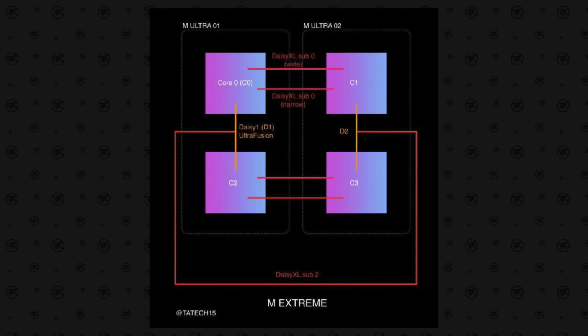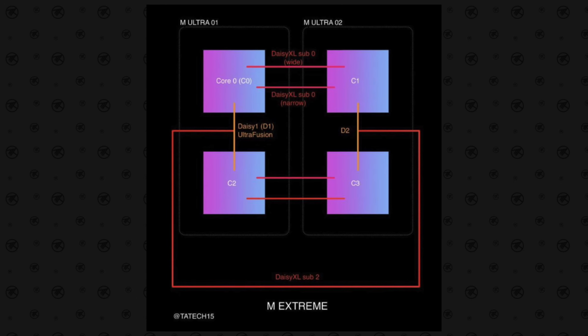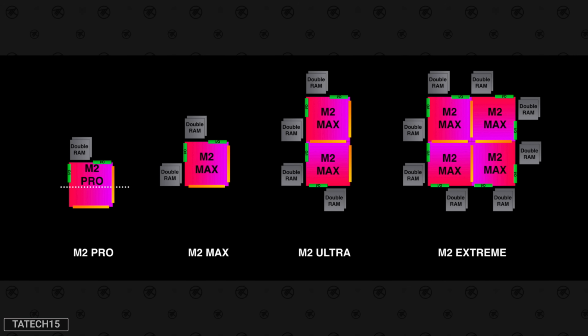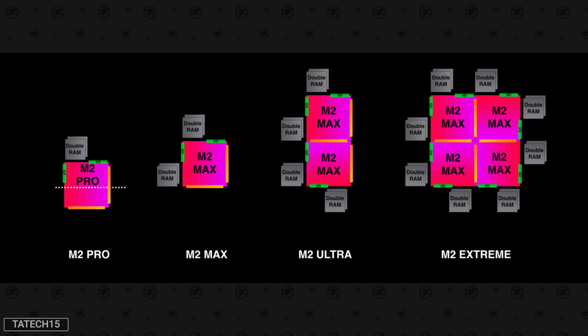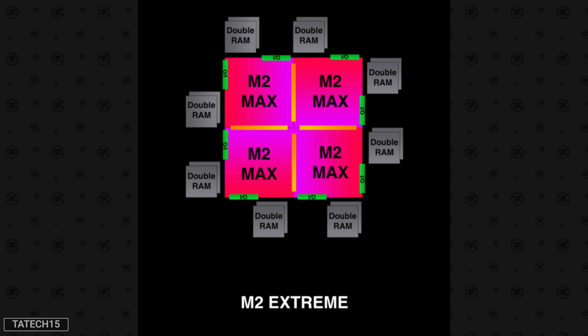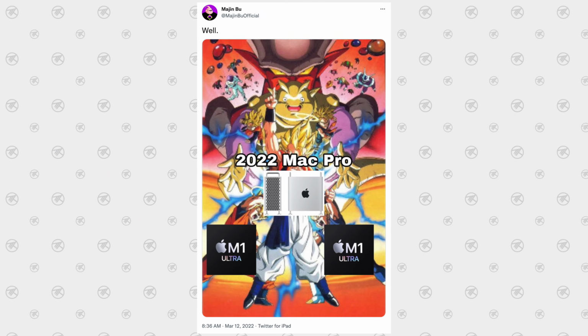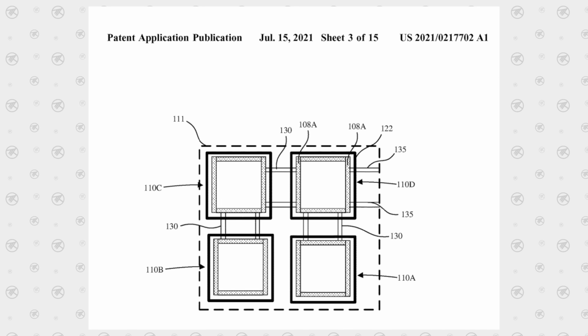But I've been doing a ton of research over the past week looking into how Apple could take this tech even further to create essentially an M2 Extreme chip, which would be two Ultras stitched together for a total of 4 dies, creating basically the most powerful chip you can find in a consumer PC today, breaking records left and right. And in this video, I'm going to explain exactly how Apple is going to pull this off